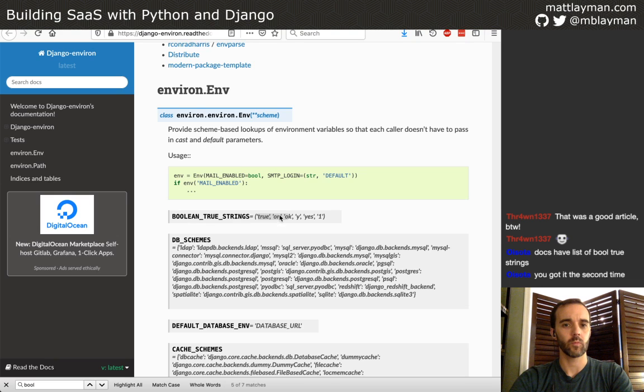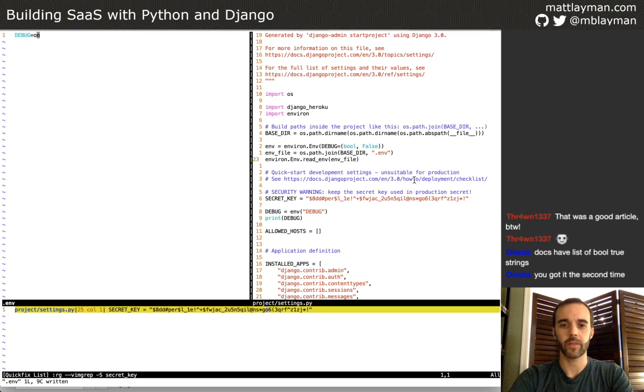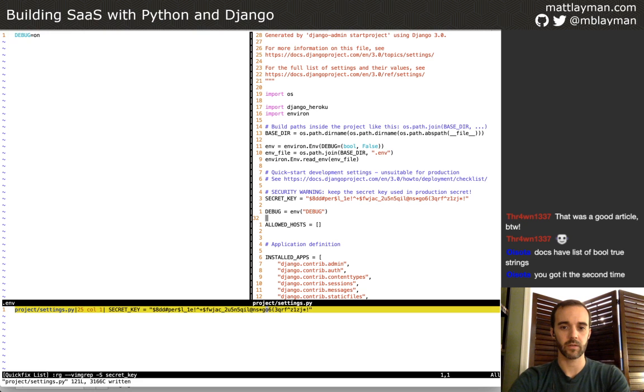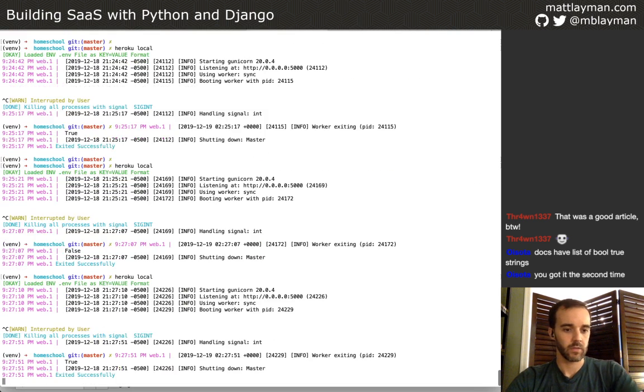So what do we have now? We have a working environment thing pointed in the right area, and it's using debug correctly. And let's take out this print because we don't need it. Print is useful sometimes, but I think so. There's something happening here that we might want to set, and I think it is